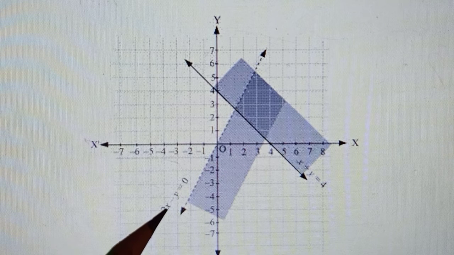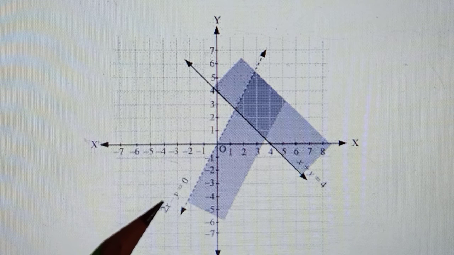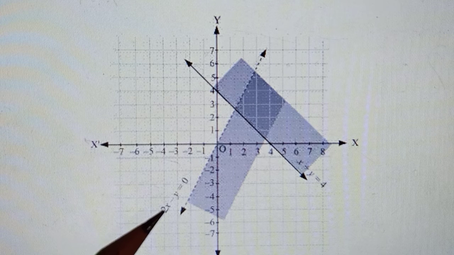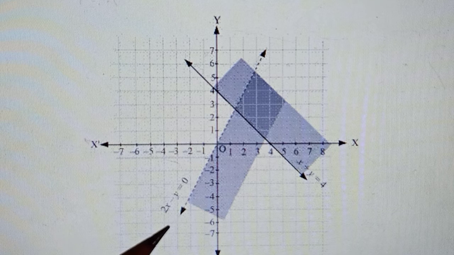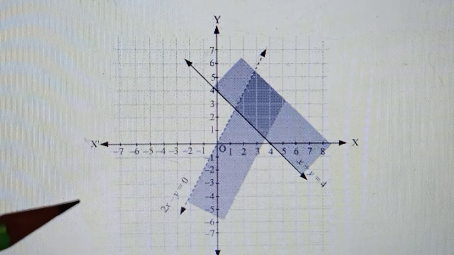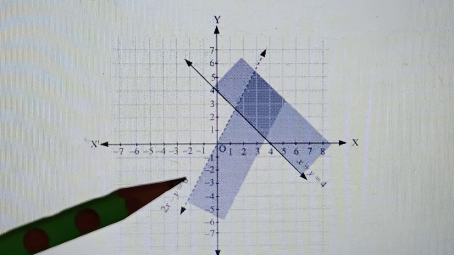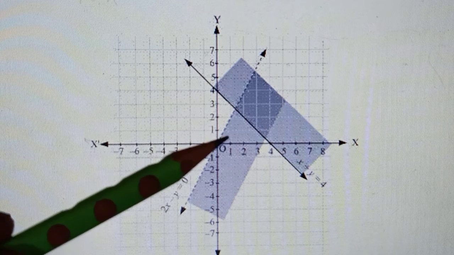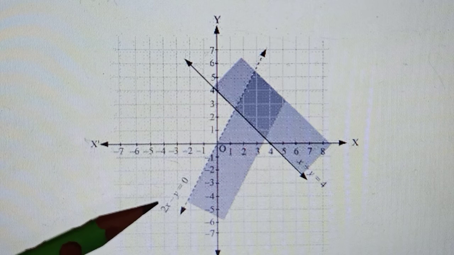Okay, so if I put x as 3, y as 0, I get 3 times 2 is 6, minus 0, which is 6, is greater than 0, which is true. And the inequality was supposed to be... there's some problem here. Okay, this is giving you 6 is smaller than 0, which is false. If 6 is smaller than 0 is false, then this should have been shaded. Okay, it should have been somewhere here, because this is x. Am I seeing it right?